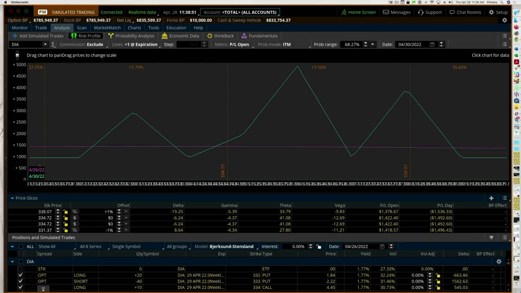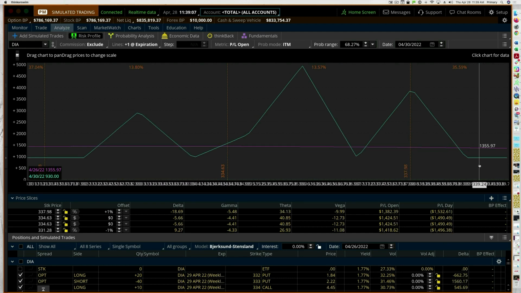Now, that works great in an uptrending market. But if we're in a sideways market or a downward trending market, it doesn't work so well because you end up getting stuck with stocks that end up going lower. Also, credit spreads can work very well too. But generally, considering the credit that you receive compared to the margin you have to put up, you can only do those on larger accounts, or you're only going to be able to do one or two credit spreads on smaller accounts because the margin requirements are so high.